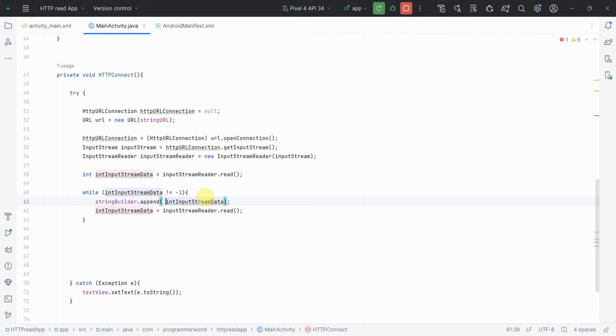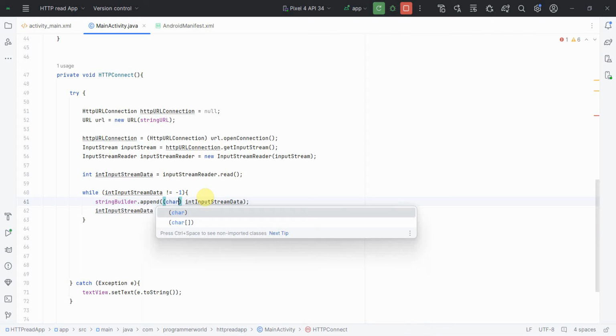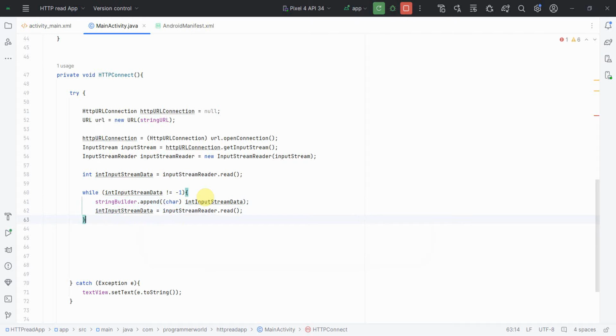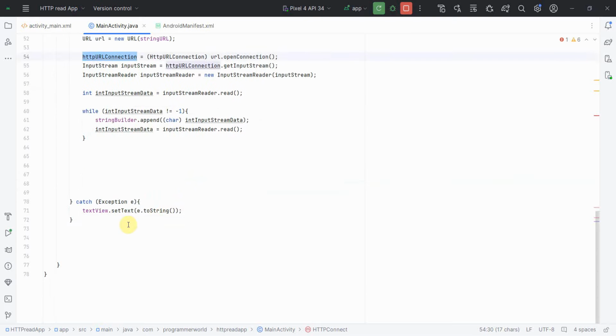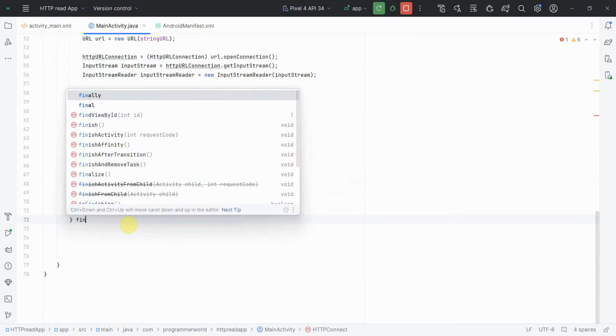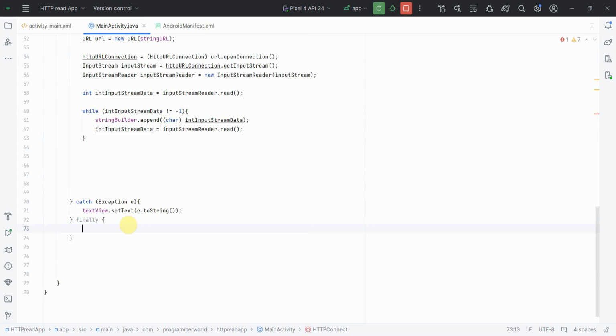I was expecting the error. So once I have it, I think more or less I'm done. I don't think anything else is required. The only other thing we can do is close this connection. So at the end, probably we can call this finally, and